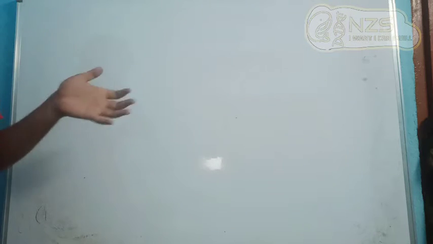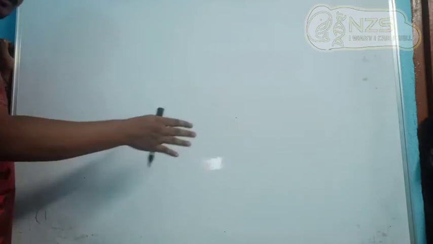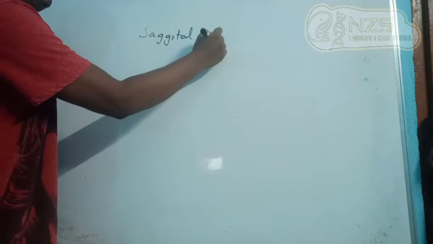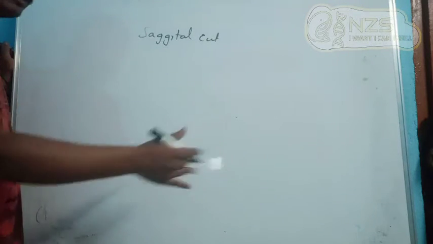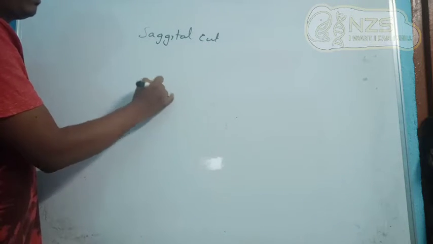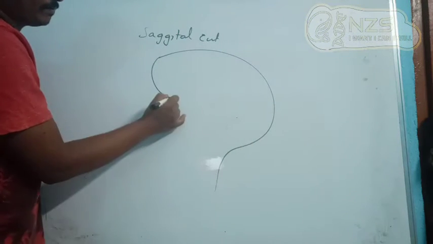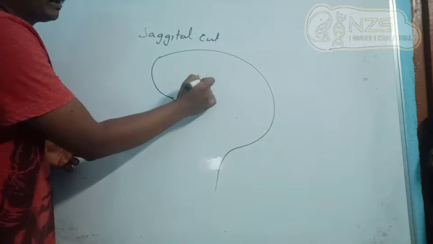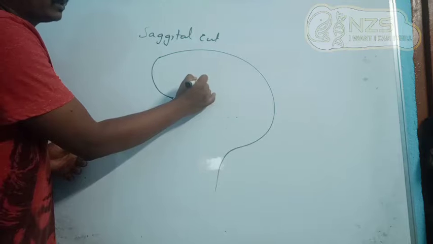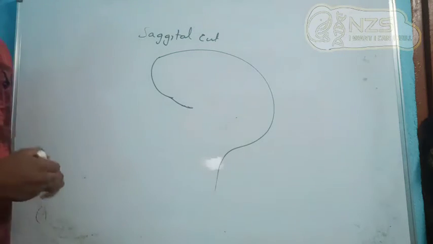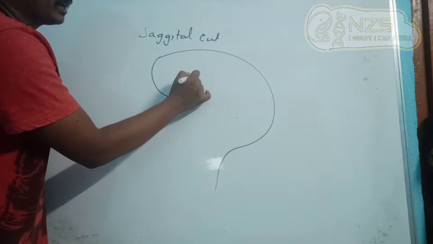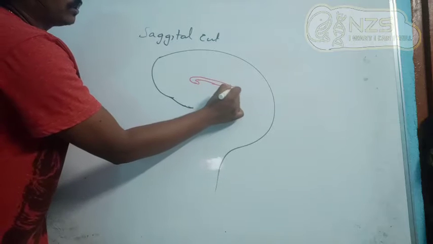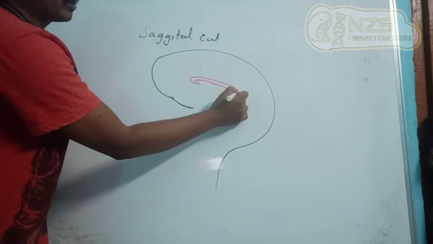So the point is, when you observe the internal structure of the cerebrum, when you have a sagittal cut. When you apply a sagittal cut on the cerebrum, that means you cut from the top in the center like this, what do you observe? Assume this is the cerebrum, so we have cut the cerebrum part. Inside the cerebrum we can see the corpus callosum. You know that we have a band of nerves attaching the cerebral hemispheres which we consider as corpus callosum, which we discussed previously also. So this is corpus callosum.